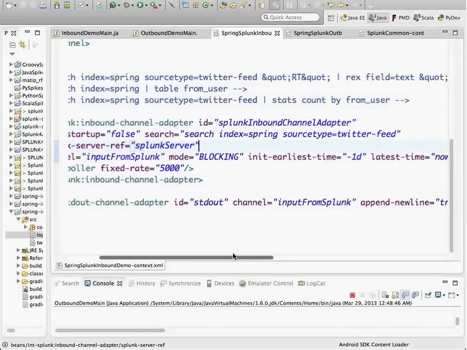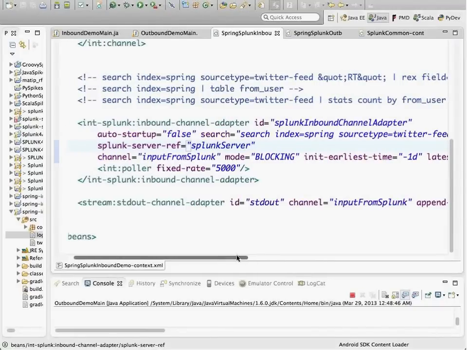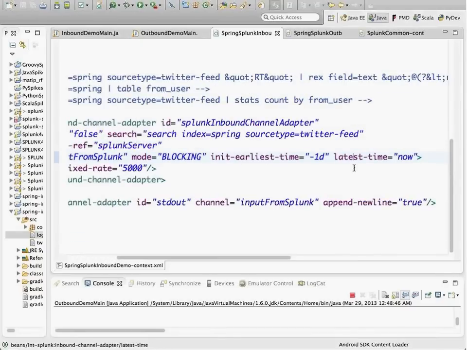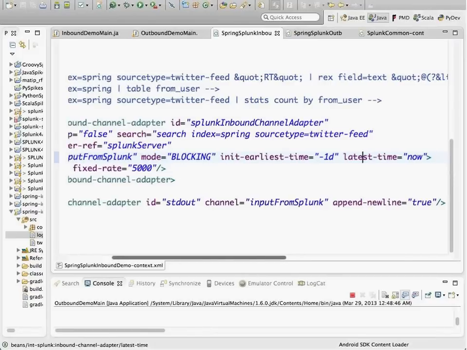It's worth mentioning the time bounds that we have set up here. So the first time this runs, the search is going to look over a window of the last day, so up to a day before all the way up till now. The subsequent times that this search runs, the earliest time will then become the last time the search ran. So you're not going to get overlapping search results. It keeps the cursor of where it left off and just pulls in the latest search results.